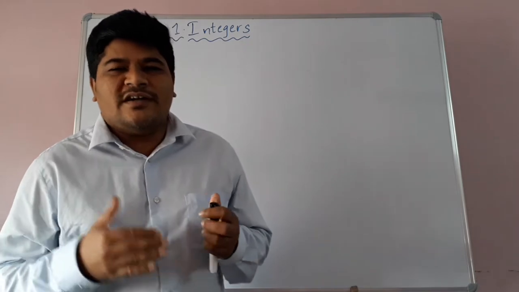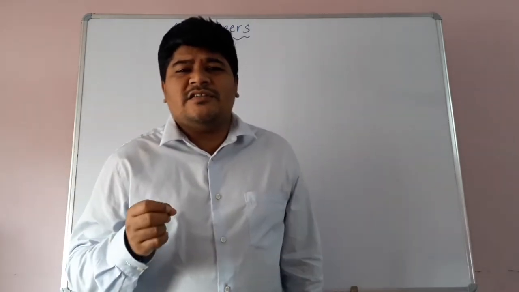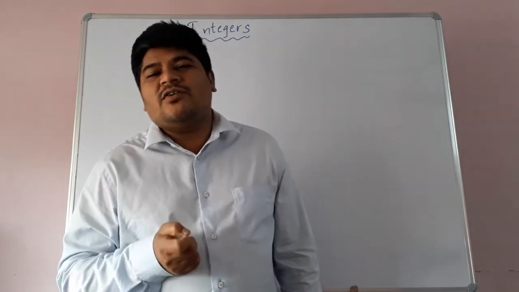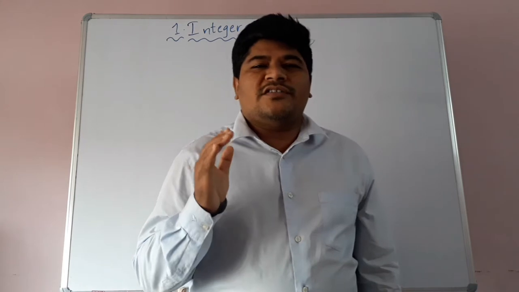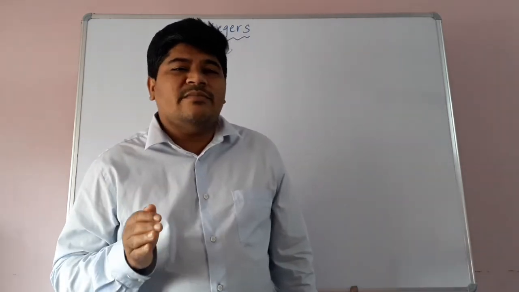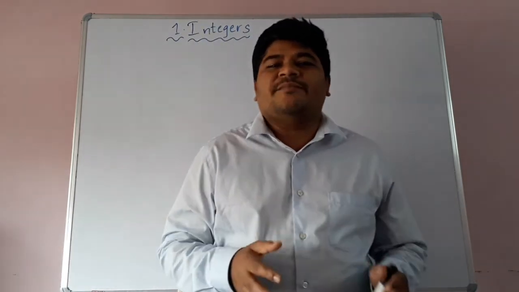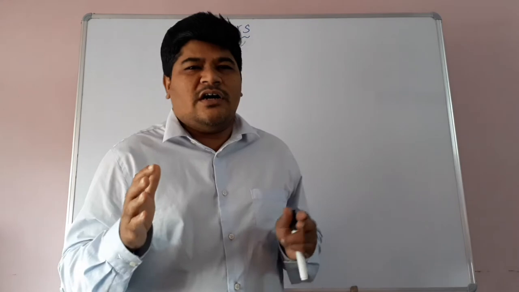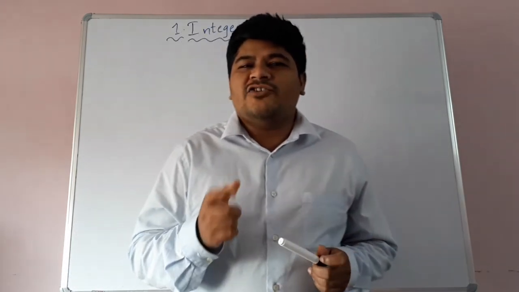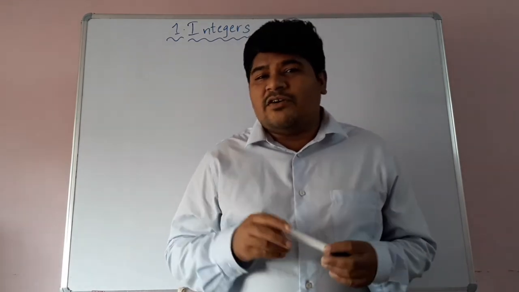Children, once again we will recall the concept. What are integers? Integers mean positive numbers, negative numbers, including 0. First in the number system, the first topic is natural numbers. What are natural numbers? The numbers which we use in our real life every day: 1, 2, 3, and so on are natural numbers, denoted by N. And the natural numbers including 0 are called whole numbers, denoted with W.